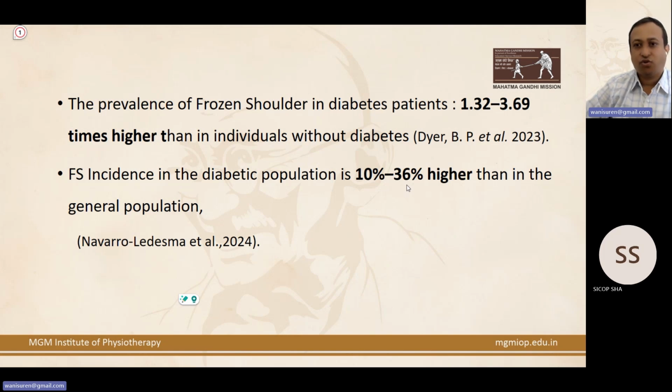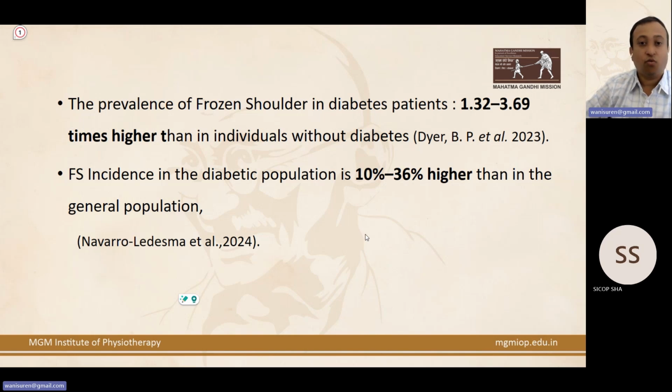Overall prevalence for frozen shoulder in patients with diabetes is 1 to 3 times higher than in individuals without diabetes. That is, frozen shoulder is more common in patients with diabetes. In another study, they have also proven that the incidence of frozen shoulder in the diabetic population is quite 10 to 36% higher than the general population. So all these epidemiological studies have confirmed that frozen shoulder, or more appropriately adhesive capsulitis, is more prevalent in